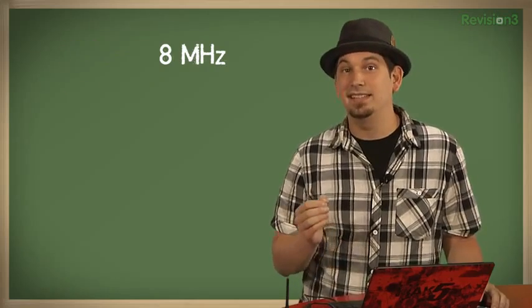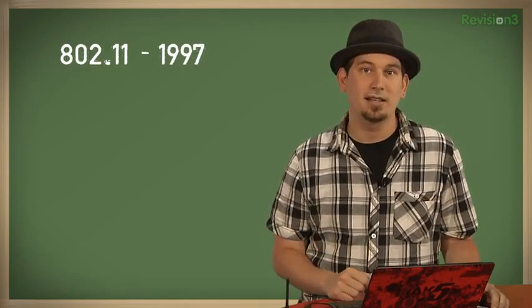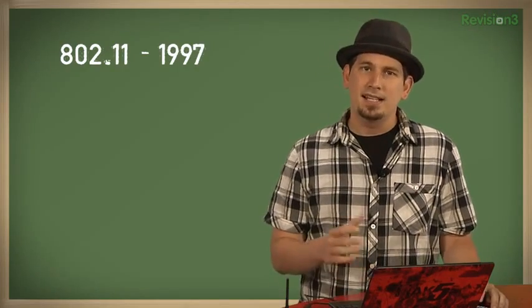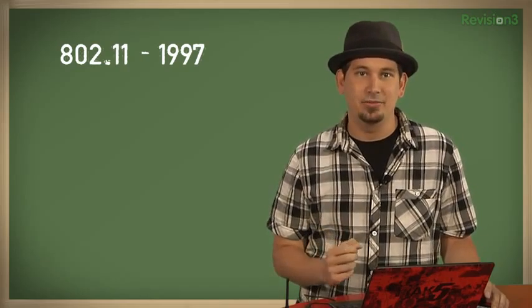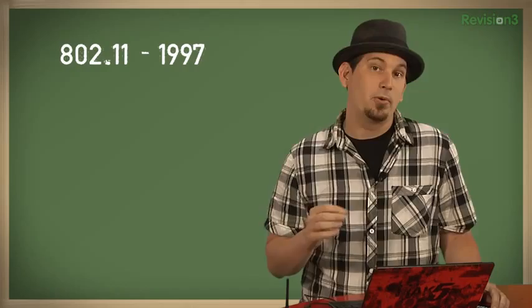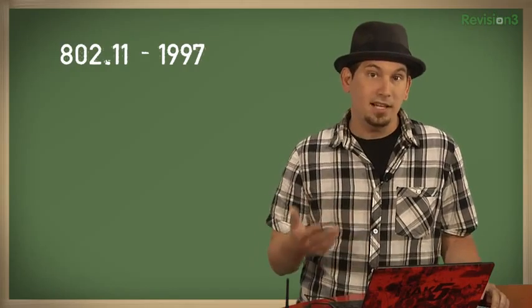It's now known as WaveLAN Classic, and it operated in the 900 megahertz spectrum. It was developed in the Netherlands initially as a technology for cashier systems and supported 1 to 2 megabits per second data rates. It wasn't actually until 1997 that the first 802.11 protocol made its debut. Appropriately named 802.11-1997, or sometimes referred to as 802.11 Legacy, it too only supported 1 and 2 megabits per second data rates and is effectively obsolete.